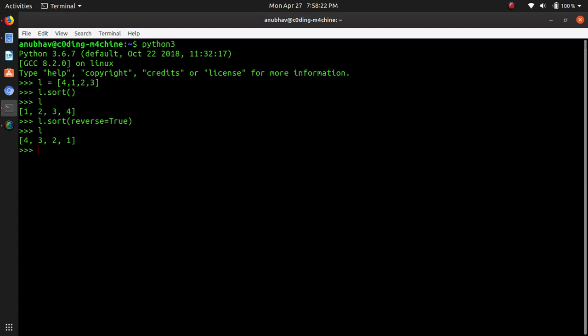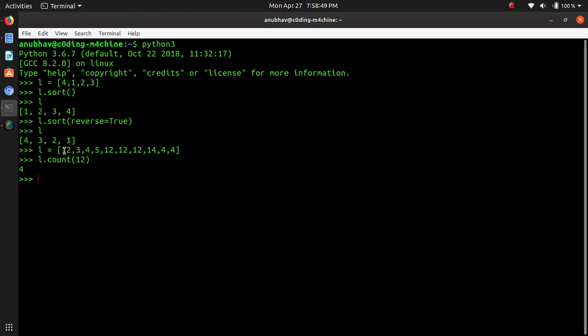I hope you got the meaning of count. Basically the count function helps you to return the number of occurrences of that element in the list. Like suppose I have a list, let's repeat some elements. Let's say I want to count the occurrences of 12 and it returned 4.